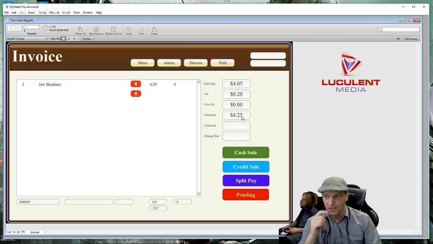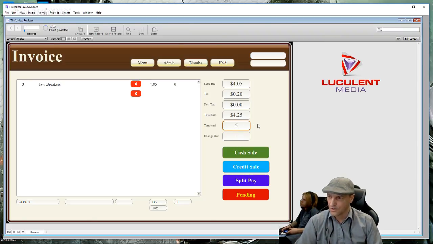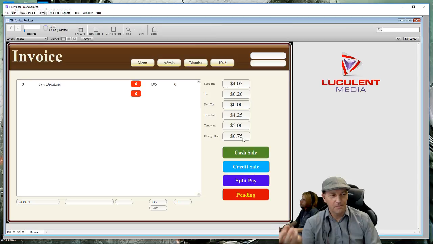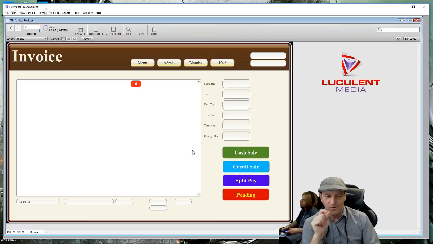So now you have total sale of $4.25, and notice your change due is 0. There's nothing there, but there actually is there. We just can't see it. So now if we put in $5, all of a sudden it pops right up. Bing, 75 cents. And we can cash sale, and look how pretty that is. But I think I want to make those